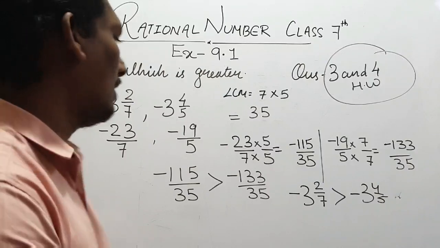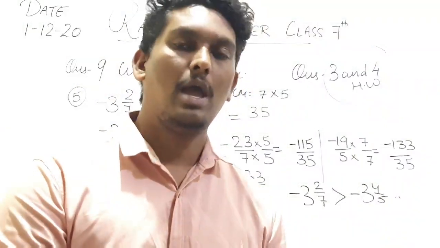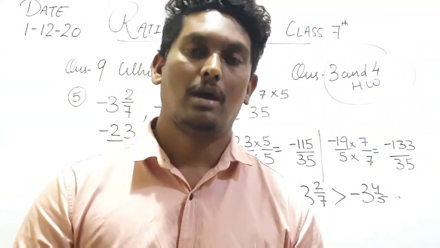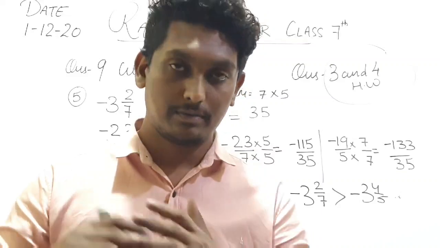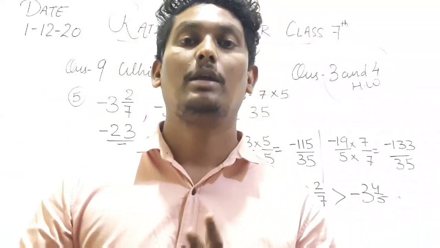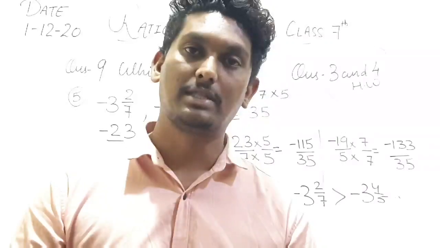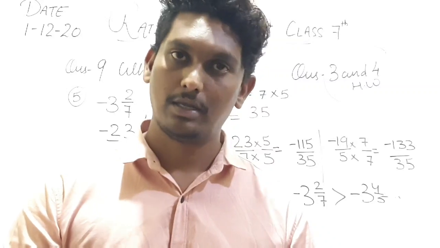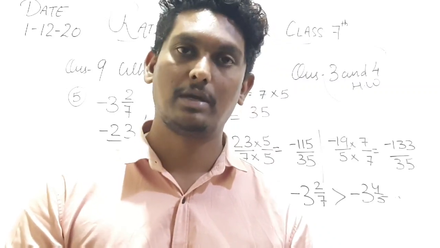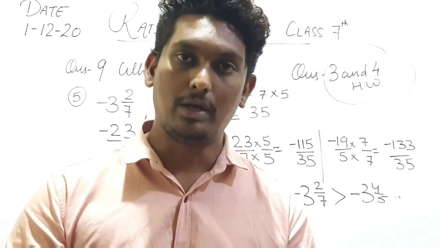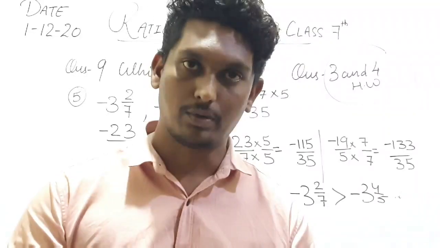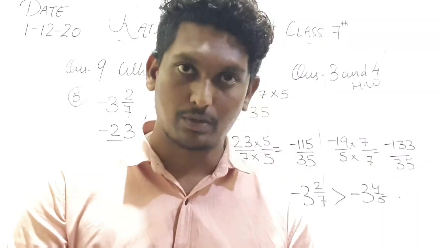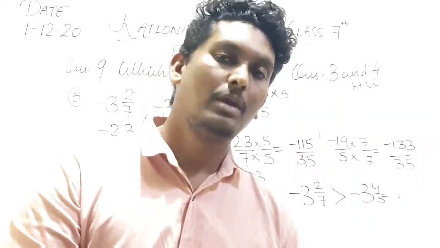Hope it is clear to you. Just go through it and practice this type of questions. Again I am telling you, if you are solving a fraction number and in between a box, comma, plus or minus is there, only these 4 options, in this case only you have to find the LCM, otherwise there is no need. Don't find the LCM in multiplication and division. Keep it in your mind.